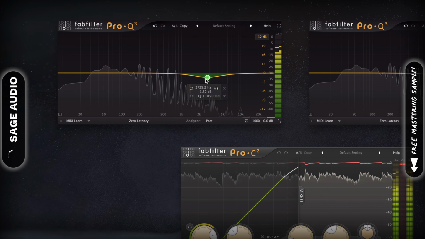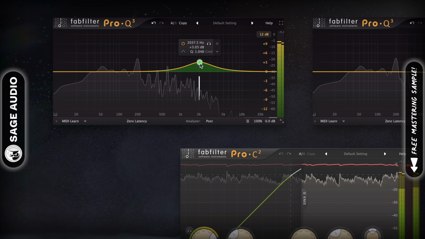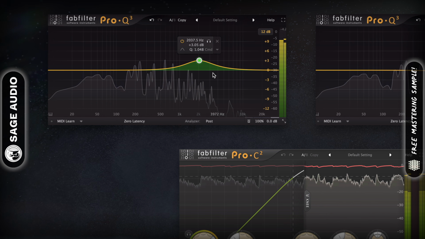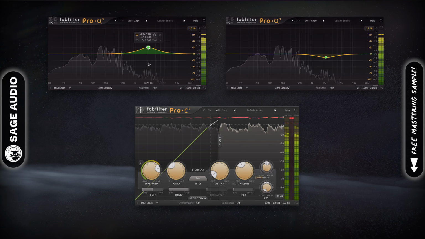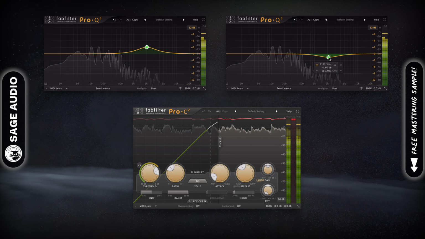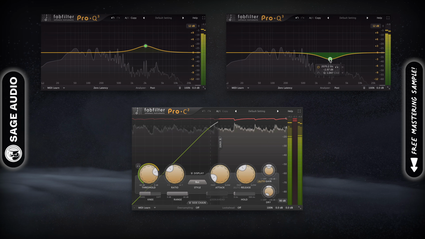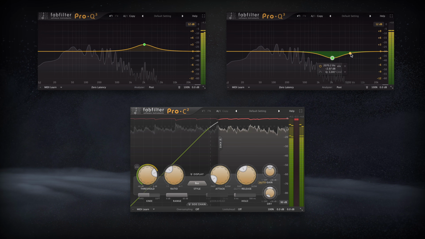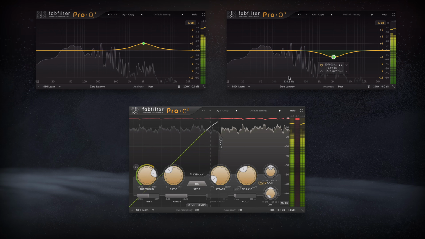If I wanted the compressor to add some of its tonality to the vocal range, I would boost 2 kHz. This is an emphasis technique. If I want to balance out these dips or these cuts after the compression occurs, I'd insert an EQ with equal and opposite curves to the first EQ.